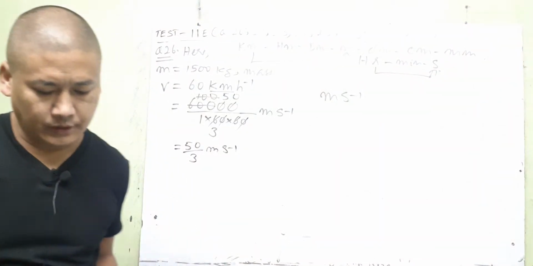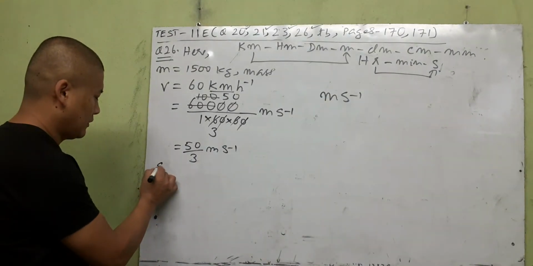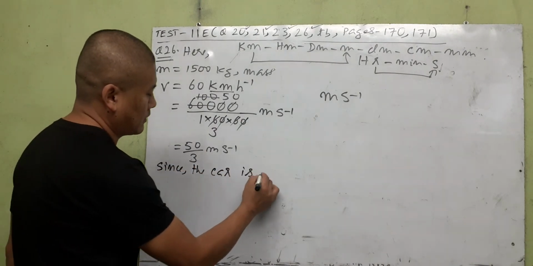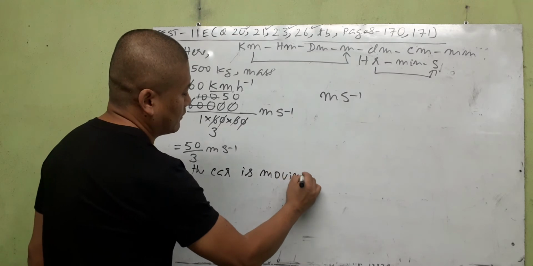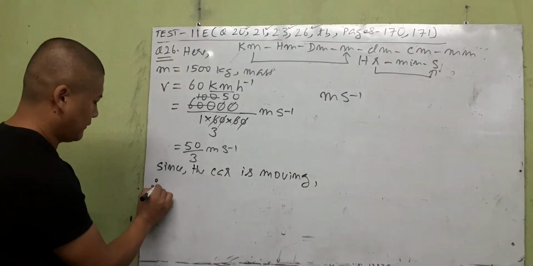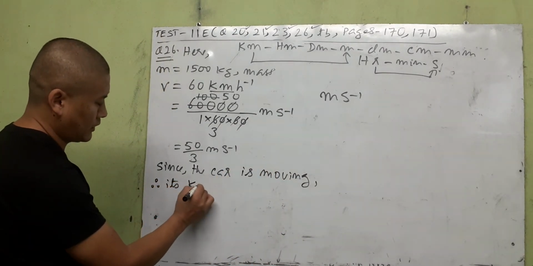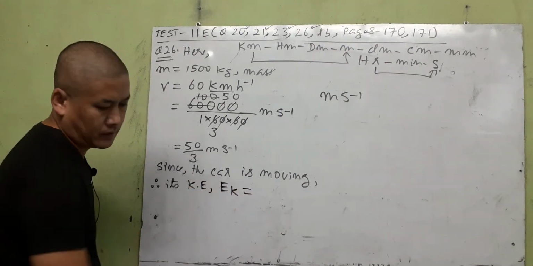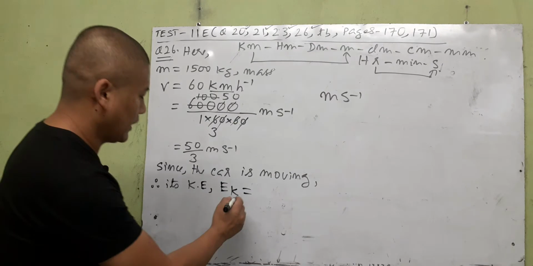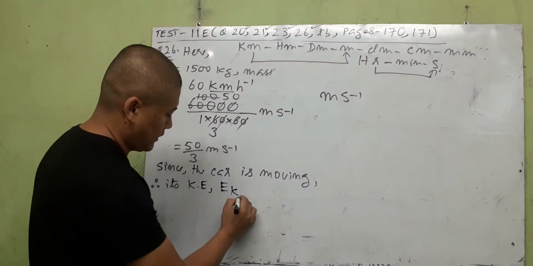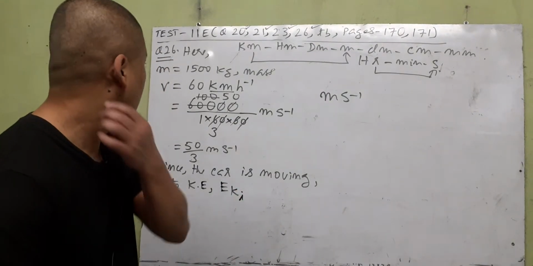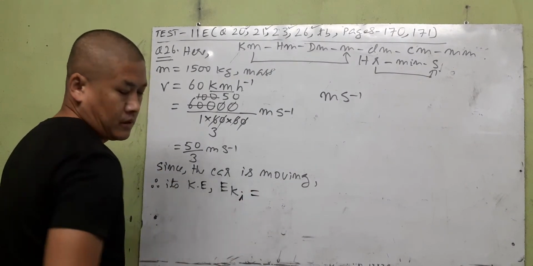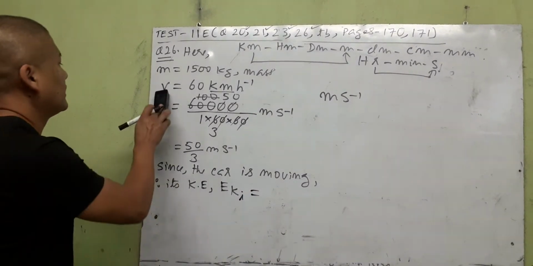Since the car is moving, clearly the question says that. Therefore its kinetic energy KE, which is denoted by Ek in your textbook. For initial kinetic energy, let us write here Eki is equal to,